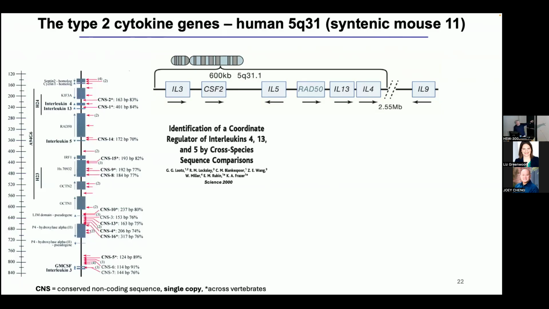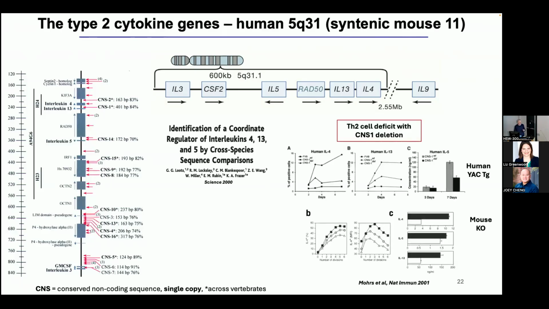They made a YAC out of this interval, H24 up there, where they could go in and delete CNS1, and then you can put it into mouse cells. And of course, mouse cells don't make human interferon, but we could show that if you deleted in that middle line, if you deleted this unit, then the cells either made 4, 13, or 5. And then Marcus Moores in the lab deleted it out of the mouse system, once we got it onto a good background, and we saw the same thing. So cytokine words seem to be in sentences. And these things at the core of the type 2 locus are very important.